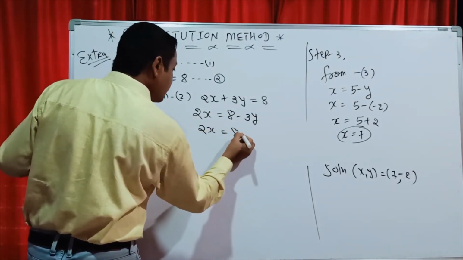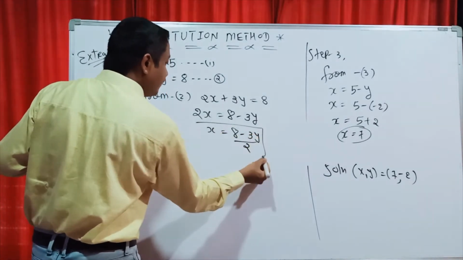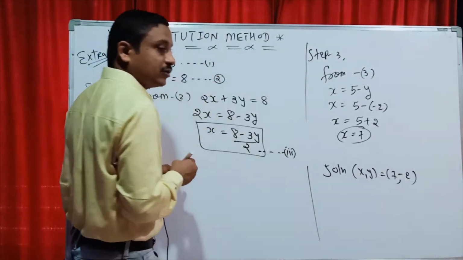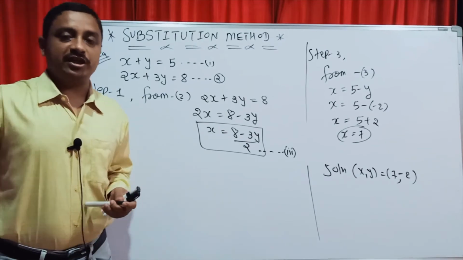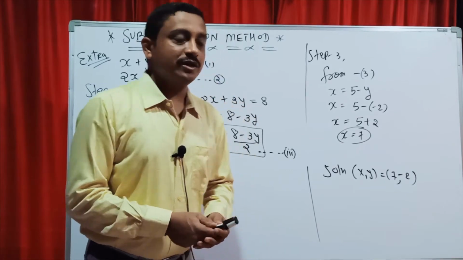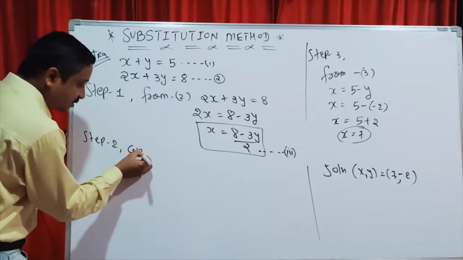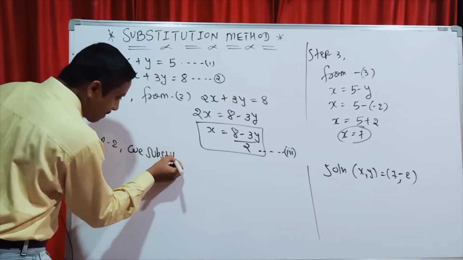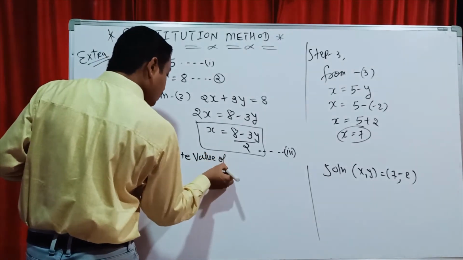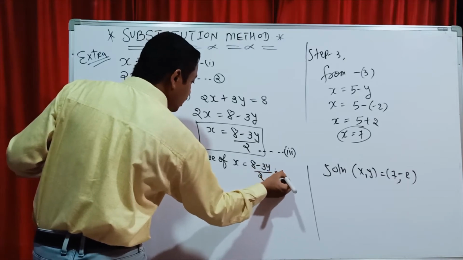So 8 minus 3y, these two divided by 2. So x value ready. Yes students, and here apply your equation number 3. Process is same. That equation number 3 is your utilize in next equations. Now students, this equation 3 I going to step 2. We substitute value of x is equal to 8 minus 3y by 2 in the equation